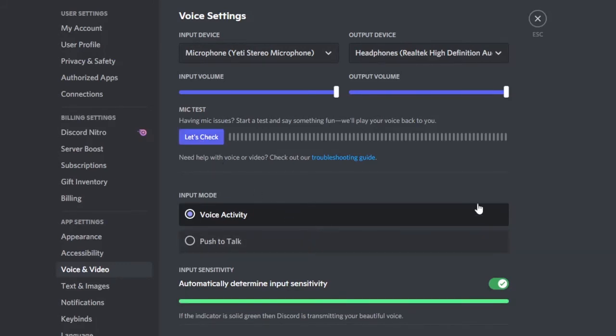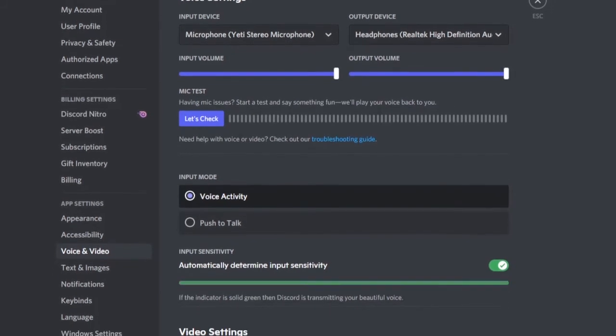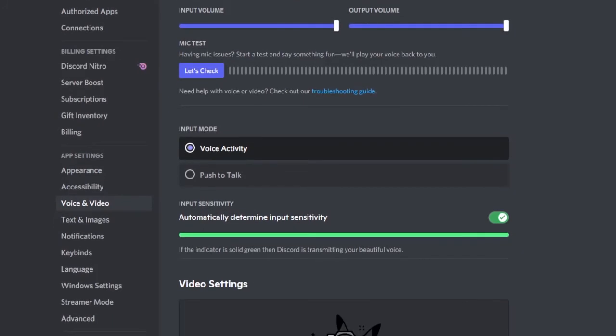And you can set your input mode between voice activity and push to talk. Standard warning, if you use voice activity, know that anytime you're in a text channel, your microphone may be picking up anything else that's playing on your screen or perhaps any background noise. If you do select push to talk, you'll want to make sure that you navigate down to the keybinds options